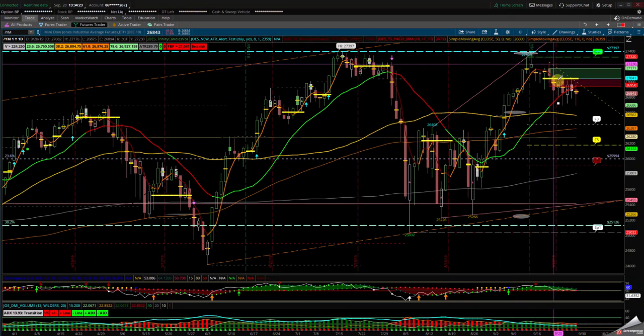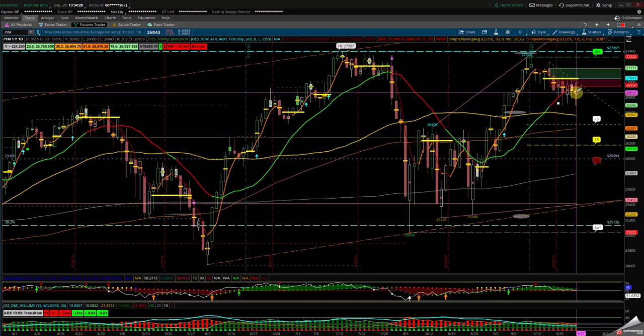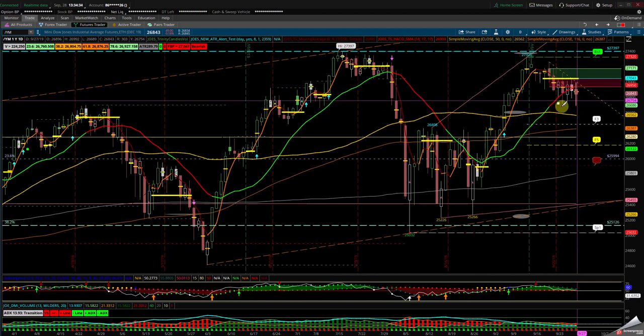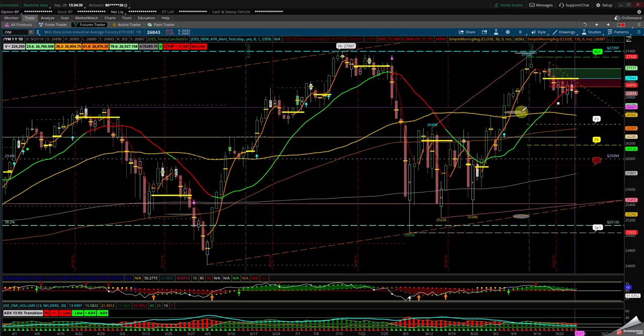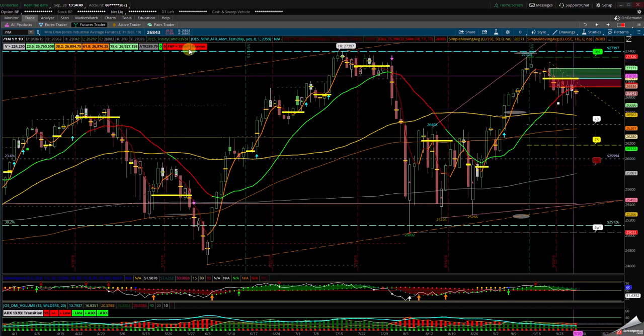We fell down. This was the Monday, Tuesday, Wednesday, Thursday, Friday. But the Dow is still holding the 50 SMA but underneath the 18. If the Dow has to hold this level and this oval, keep an eye on it to continue back up. But we are bearish underneath the 27.45. As long as we are underneath